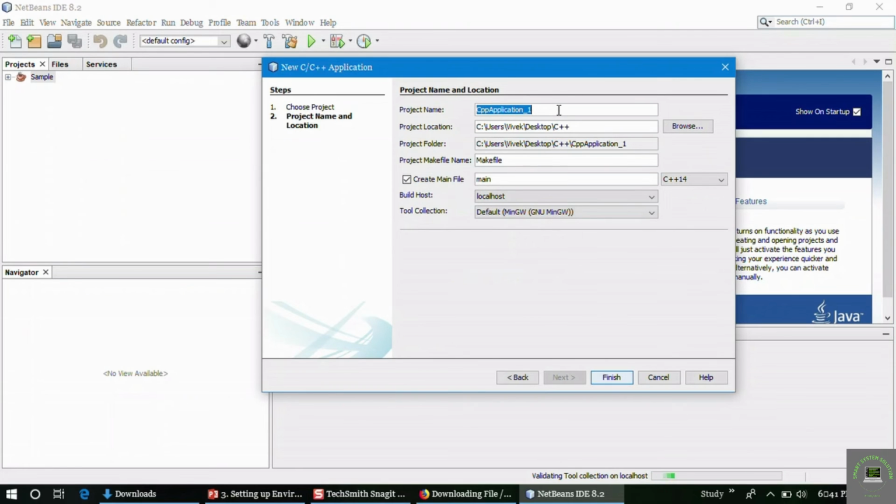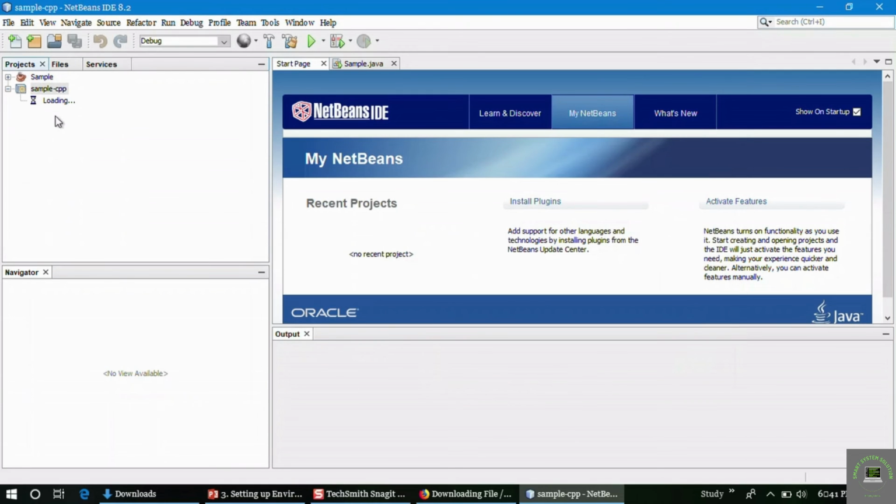Give the project a name, so it is a sample for C++, so sample CPP, and the compiler is already detected, default MinGW. Alright, finish. So as you could see, a new project has been created here. Under the source file, open main.cpp,